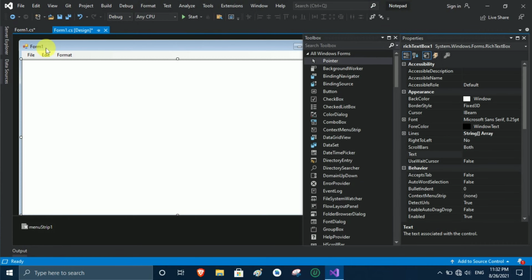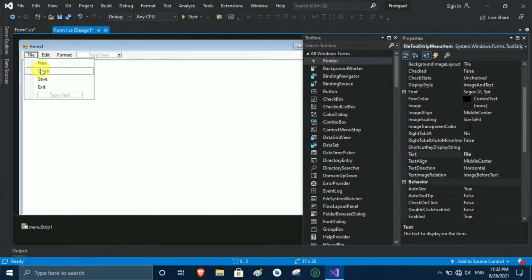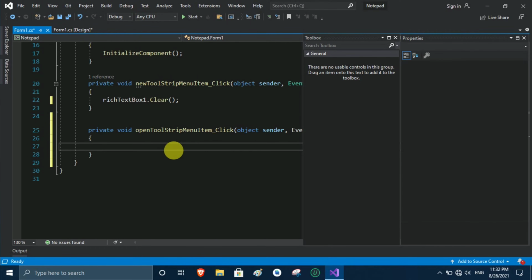Okay, so we again go to file, then we click on open, double click on open, then we have to write code for open. Okay, so we write here, first we have to make open dialog. Okay, open file dialog, and create an instance of open file dialog.